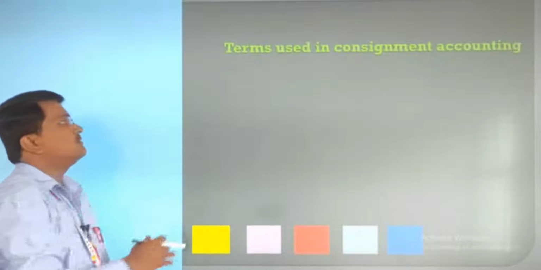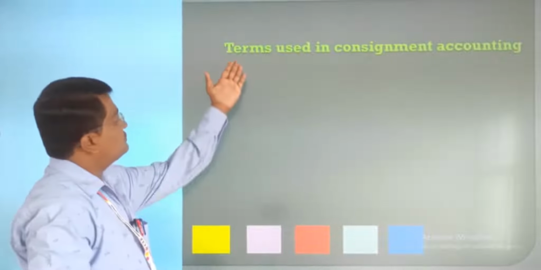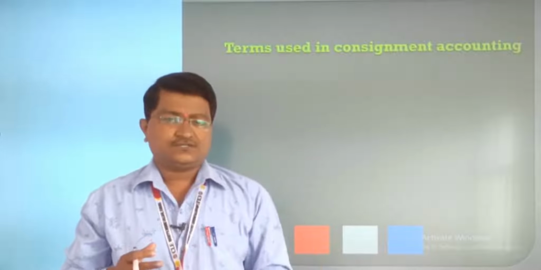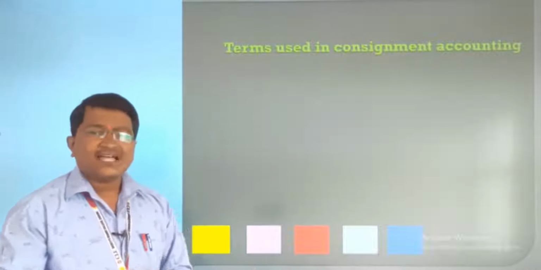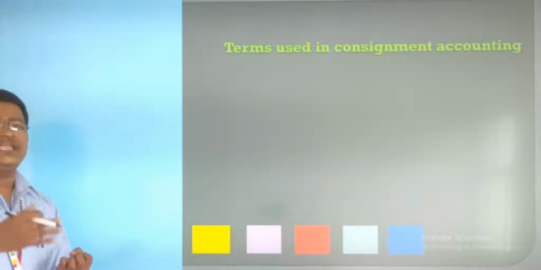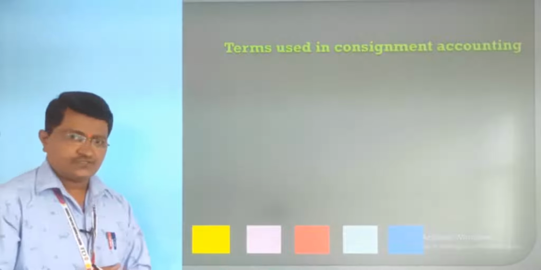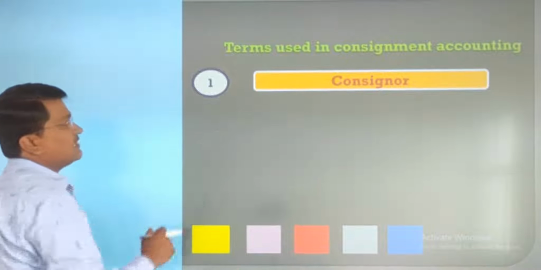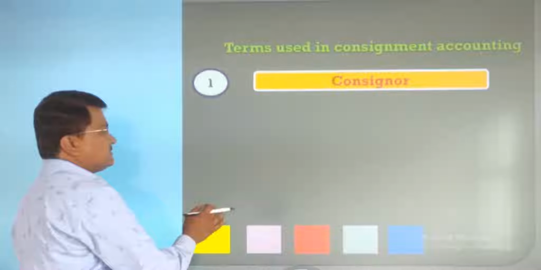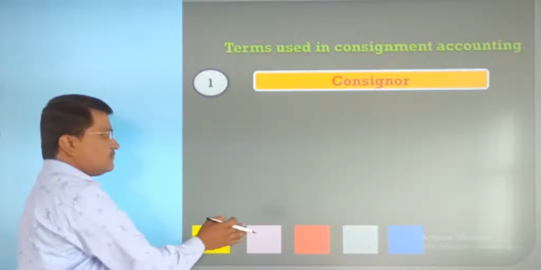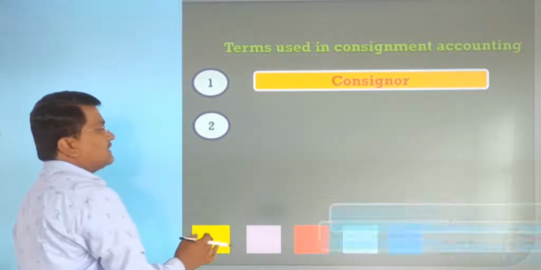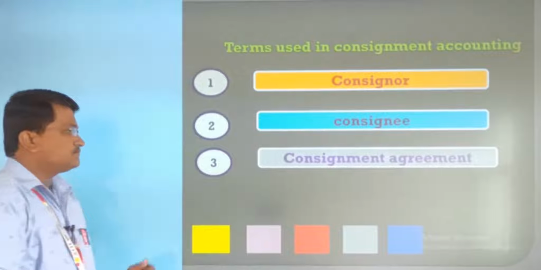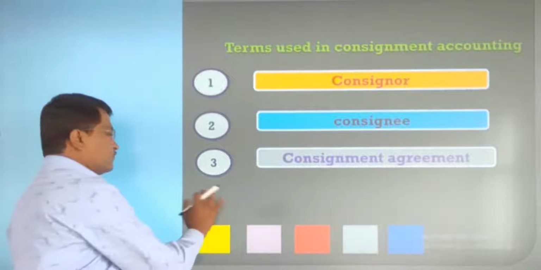Certain terms used in consignment. So terms used in consignment accounting. Let's first know what such terms are, right? Let's give a glance on the terms first and later we can discuss one by one all those terms. So let's move for the terms now. First term, that is consignor. Now the second term, consignee. Now the next term, the third one, consignment agreement. Fourth one, that is